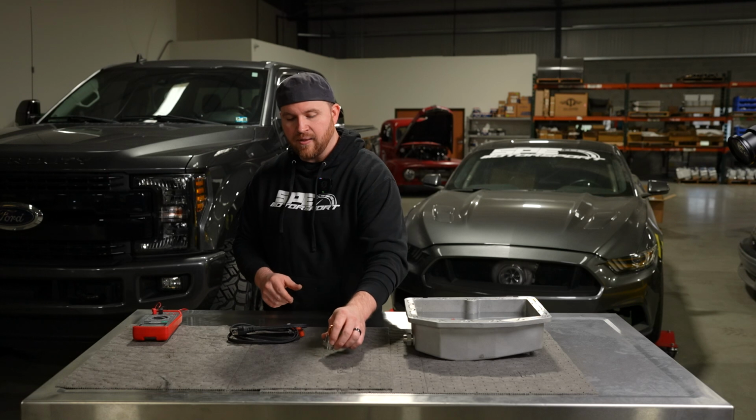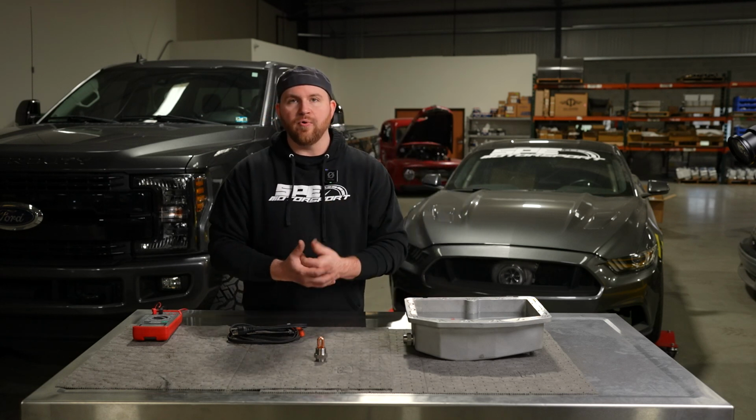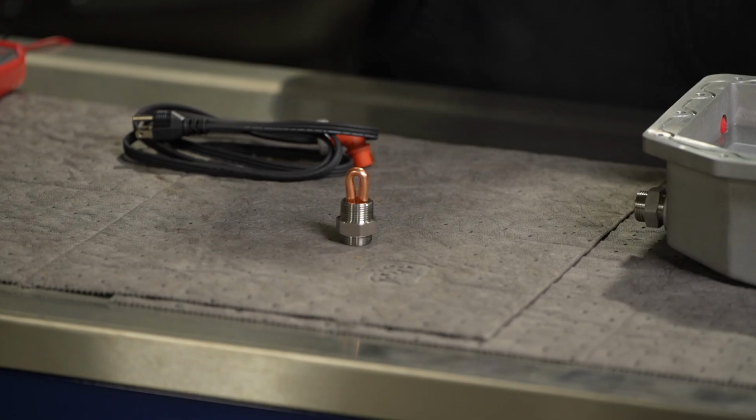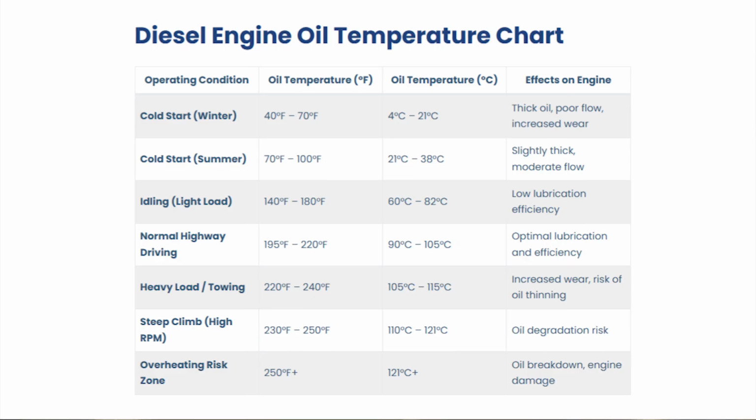The whole point behind the oil pan heater is to essentially make sure that the oil doesn't thicken to a point where it pumps in a thick manner. So you don't want to change the viscosity of the oil with the temperature outside. You'd like it to stay as if it's in a working range that it's happy with. Most 5W and 10W oils are usually fine down to 0, 10, 15 degrees,